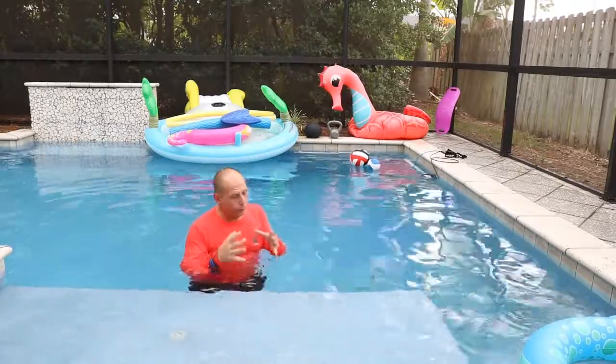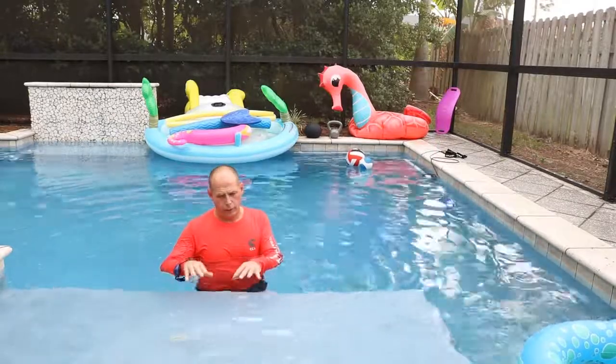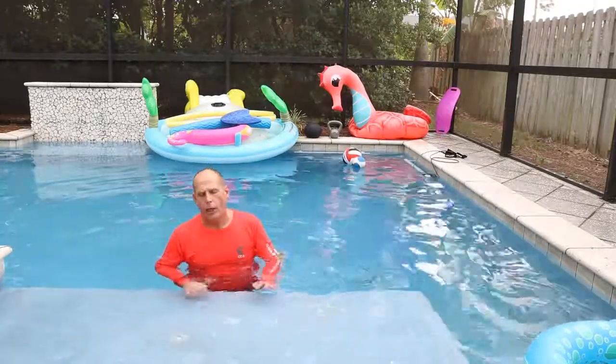So you can do this. It's this simple skill that you're focusing on right here, being able to float your legs, exhale and breathe, will help a lot. So